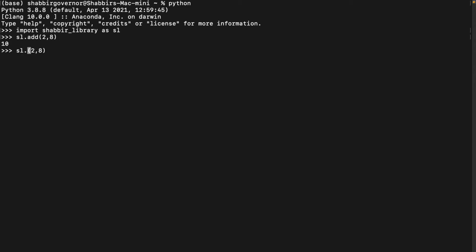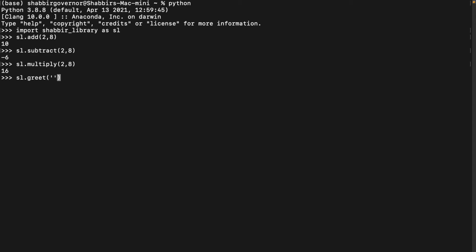So other methods also that we have, subtract, and we see we get -6. We check the multiply, we are getting it as expected. sl.greet, and in the sl.greet we had one argument called name.